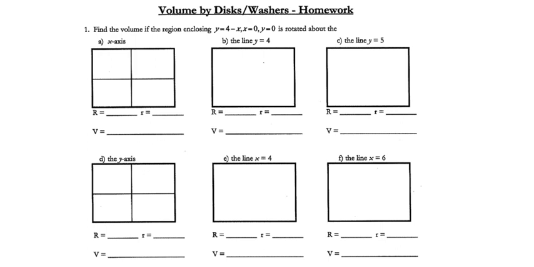Find volume by discs/washers homework. We're going to look at problem number 1 here, and parts of these are going to be pretty easy. Conceptually, it's going to be the same thing we've gone over recently in class. Here we have: find the volume of the region enclosing y equals 4 minus x, x equals 0, and y equals 0